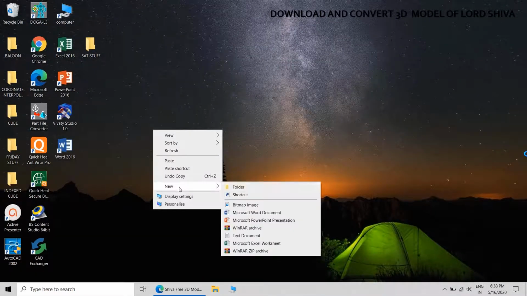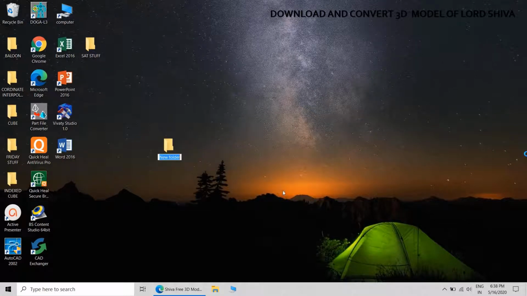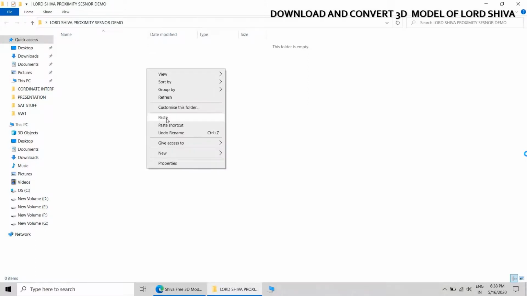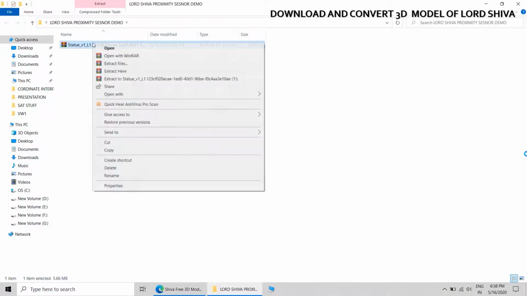I'm pasting this zip file into one folder. Let us call it Lord Shiva proximity sensor demo. Now this will have a long name.